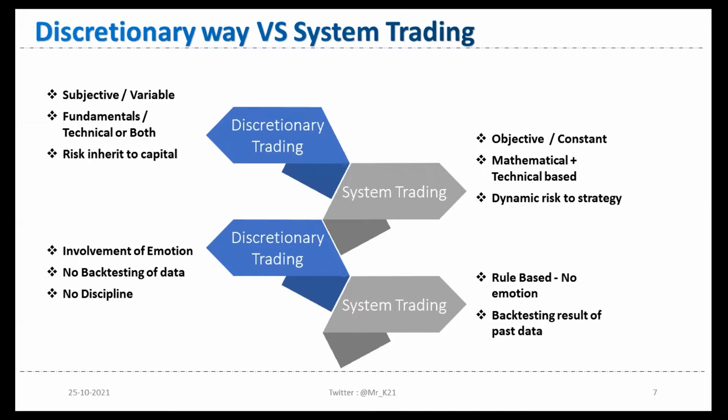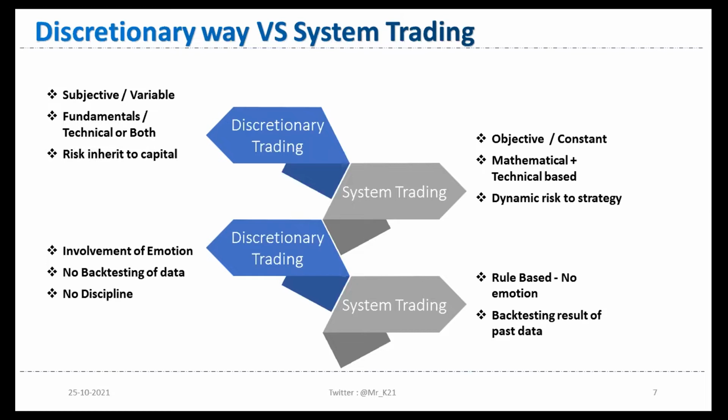It is very pure. There is no gray area. Everything is rule-based trading, what we can say. Then there is a risk limit per strategy. If you allocate some amount of money to a particular strategy, then only that capital is at risk for that strategy, not your entire capital. Now there is no emotion because you have already defined the rules. If this happens, you buy. If that happens, then you sell or exit, etc. So all the rules are available.